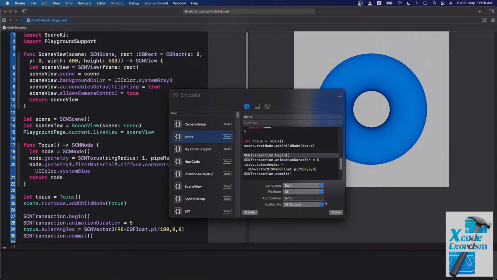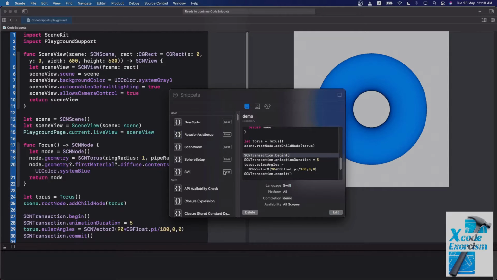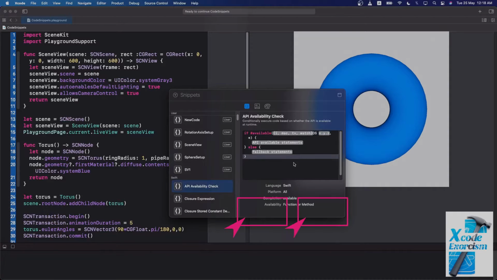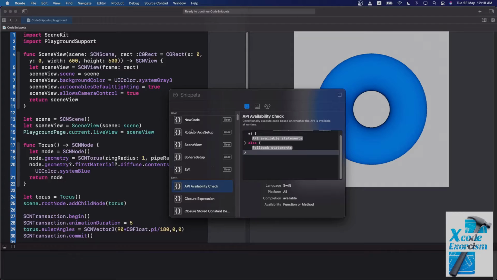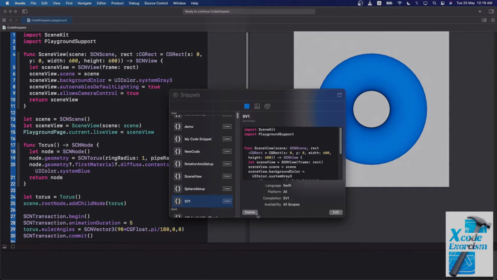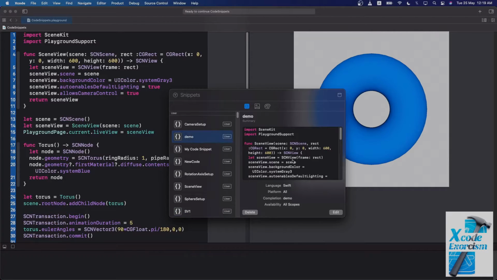Say for example, if I am trying to use the default provided one, you can see there is no delete or edit option available for the system provided one. Only for the code snippets which you have created as a user will you find the edit and delete options. So let me delete the one which I have created and let us recreate it together. Hit delete, OK, and it is deleted.